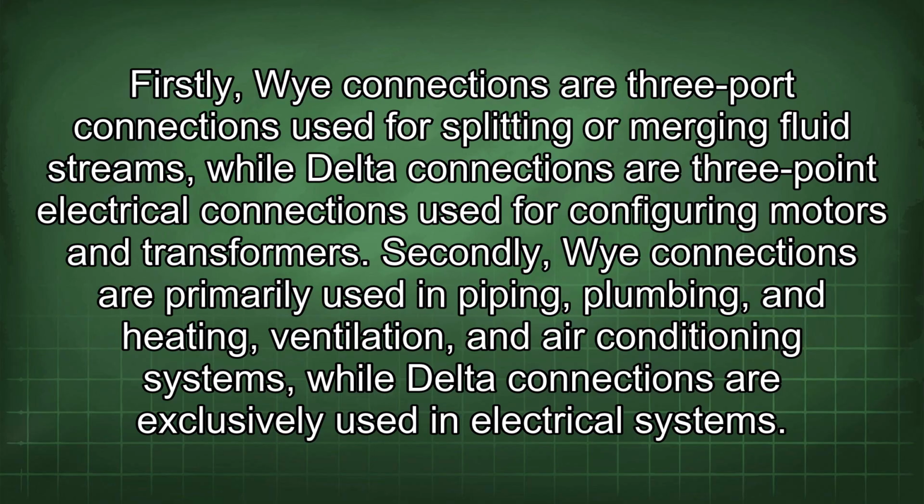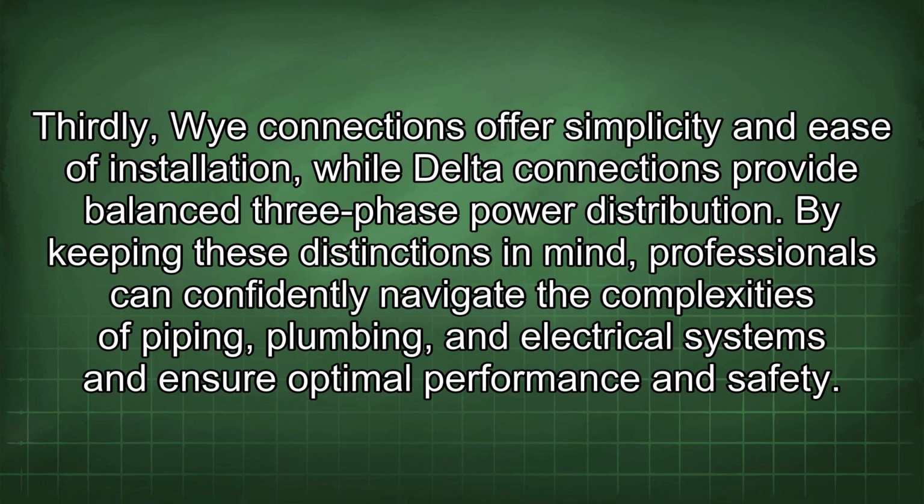Firstly, Wye connections are three-port connections used for splitting or merging fluid streams, while Delta connections are three-point electrical connections used for configuring motors and transformers. Secondly, Wye connections are primarily used in piping, plumbing, and heating, ventilation, and air conditioning systems, while Delta connections are exclusively used in electrical systems. Thirdly, Wye connections offer simplicity and ease of installation, while Delta connections provide balanced three-phase power distribution. By keeping these distinctions in mind, professionals can confidently navigate the complexities of piping, plumbing, and electrical systems and ensure